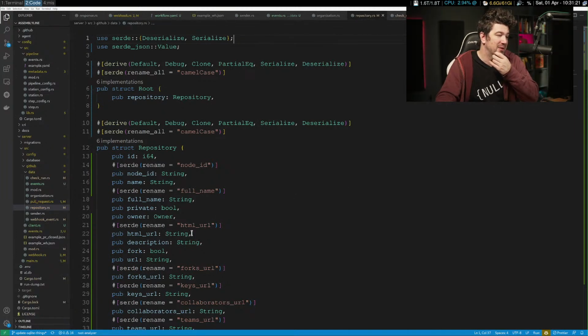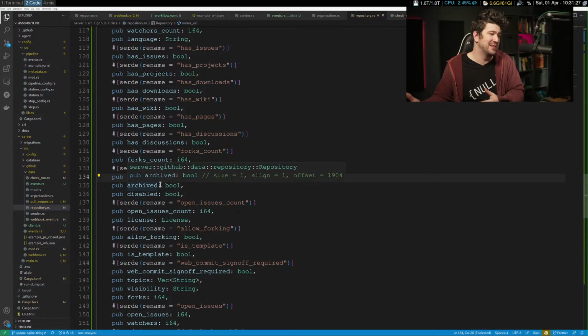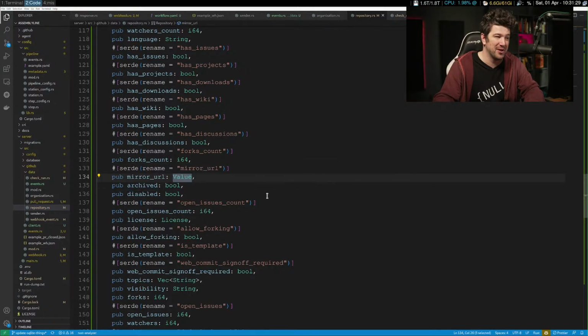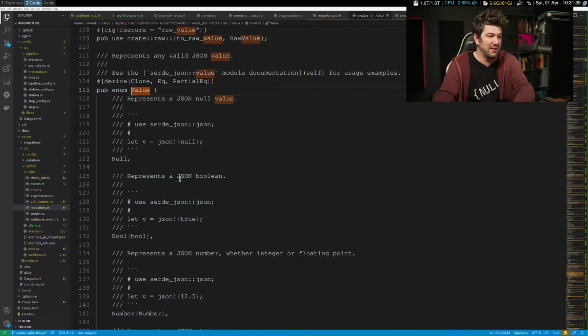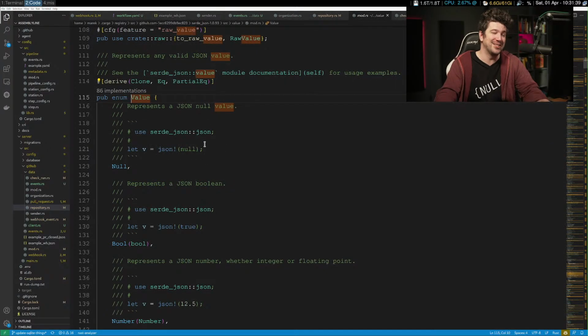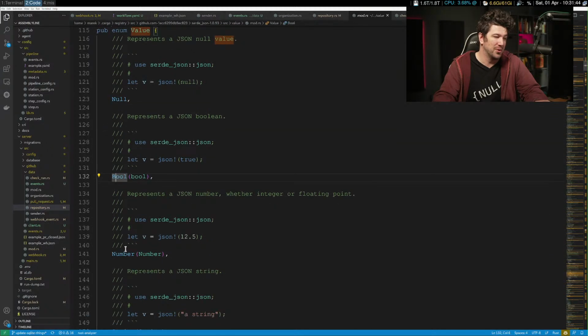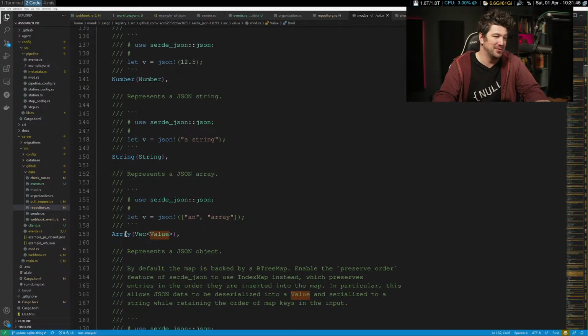Probably whenever we hit a value field that we're actually using is when we'll actually update this struct. I feel like that will be the acceptable thing. This will stay value until you actually have to use this. Because if you look at value, this probably just unwraps. Yeah, it's just like an optional, except it has a null, bool, or I guess it gives you basically this